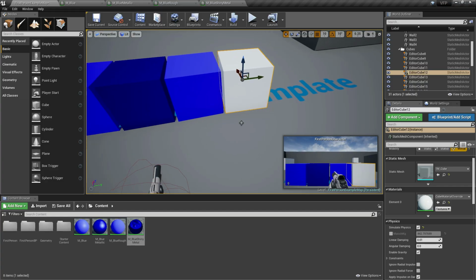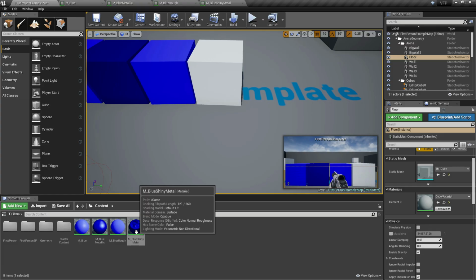And then we're going to drag and drop this blue shiny metal onto this actor.